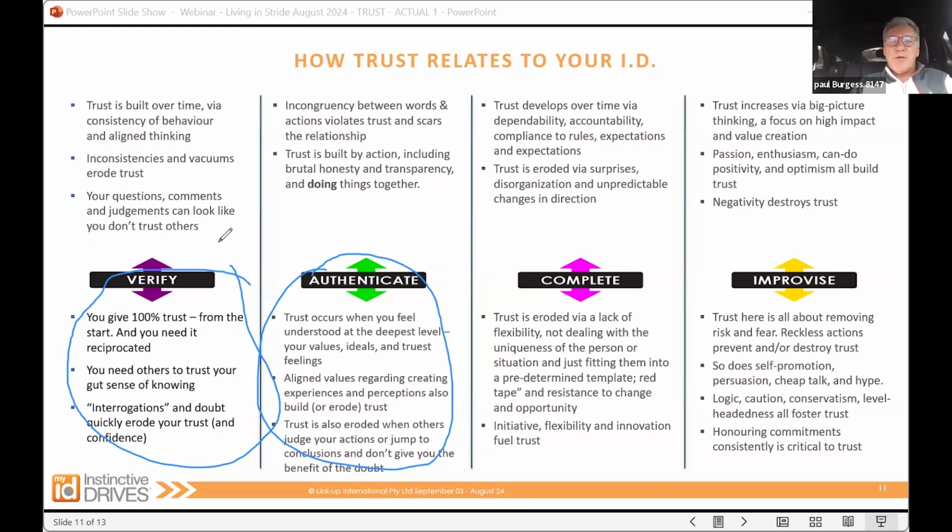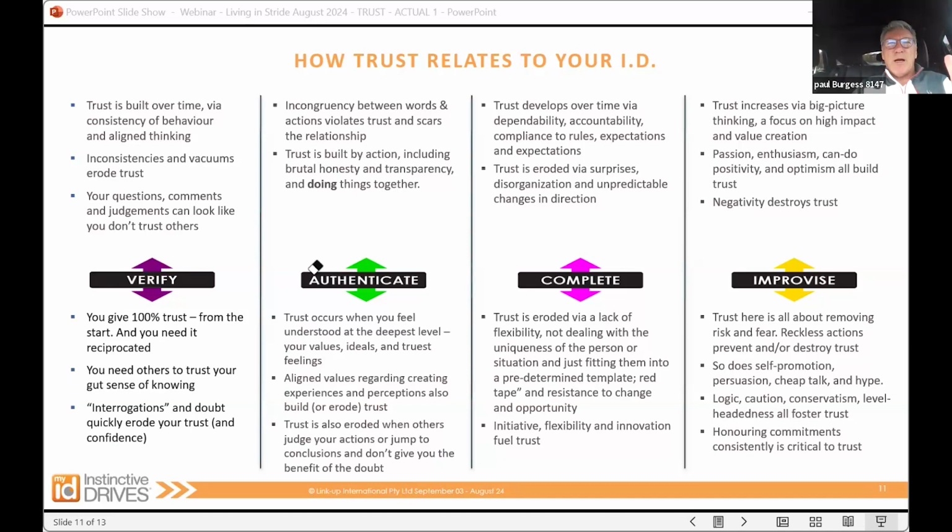What about the improvise drive? We haven't talked about the improvise drive. How does trust connect there? I'm curious about, as I said, so much of the time we connect trust to integrity and people doing what you say you would do. So how do those people who are strong on improvise, let's start there and then we'll talk about avoid improvise, or just call it out when you explain it, wherever you're coming from. Let's talk about your trust currencies as an improvise or avoid improvise person. Or do you just move on and it's not that significant to you?